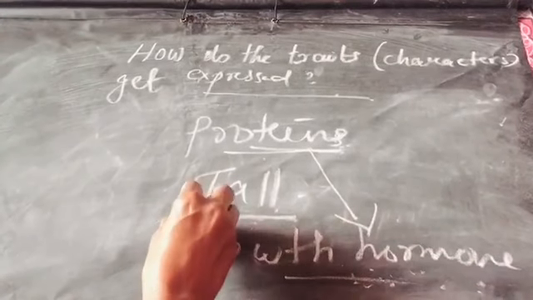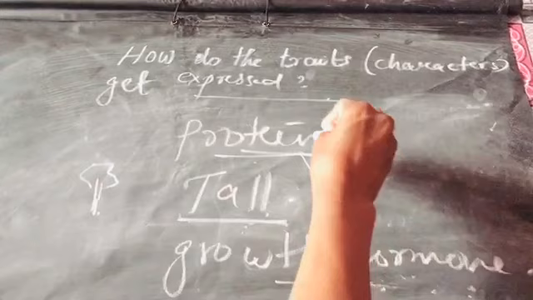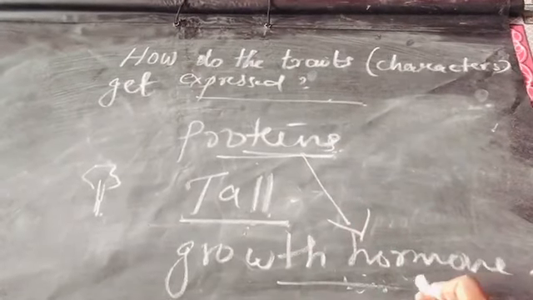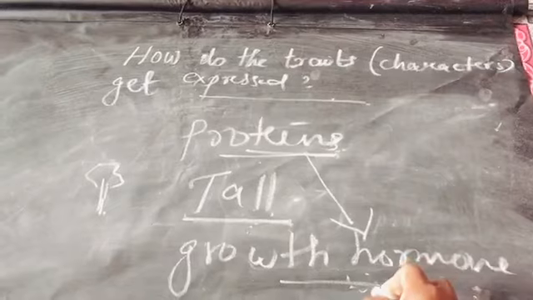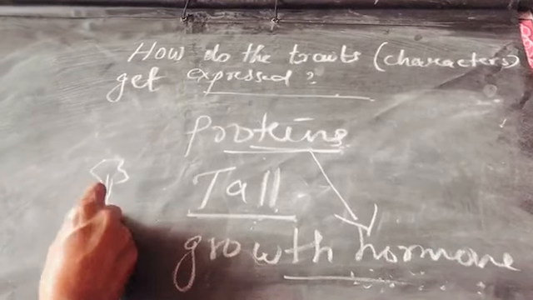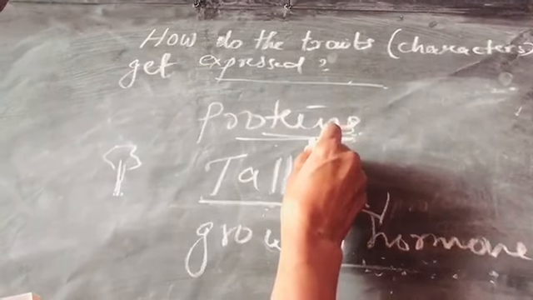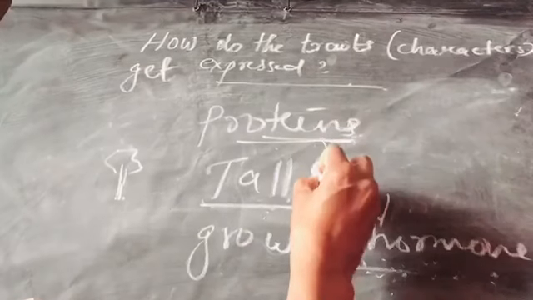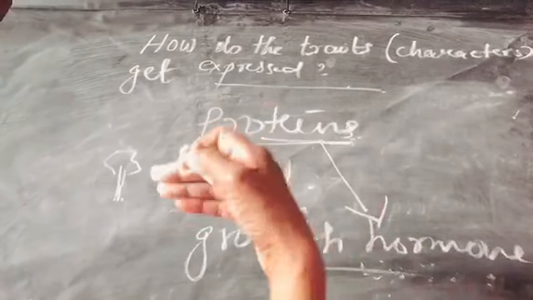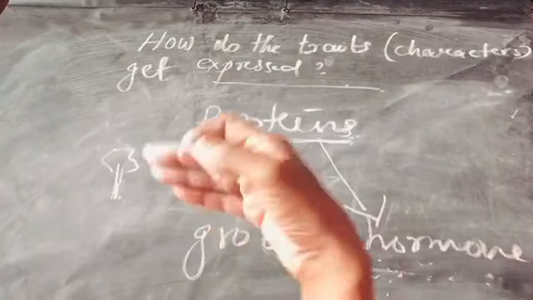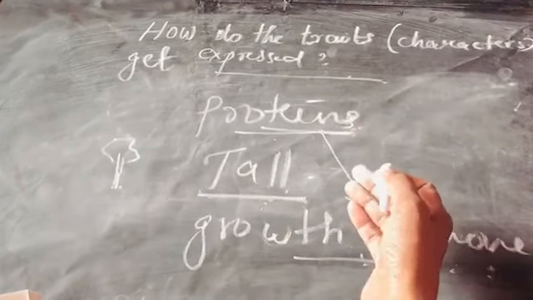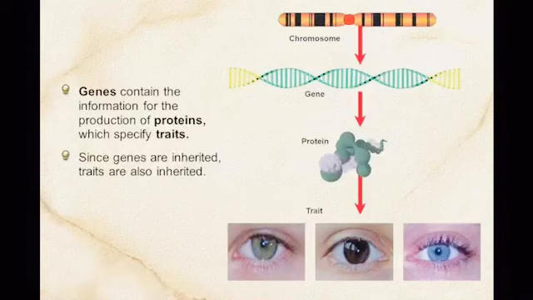Suppose the plant was supposed to be a dwarf one, this protein will restrict the amount of growth hormone in the plant body so that the plant will remain dwarf. And the amount of protein and the kind of protein in a living organism is decided according to the coded information in the gene of that plant or organism, isn't it? Like that, all the characteristics are formed by the production of the protein, the amount of the protein or the nature of the protein in the body of an organism.